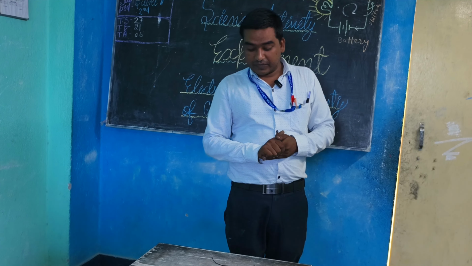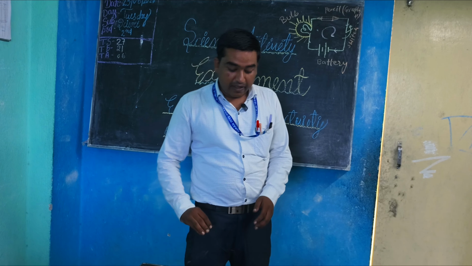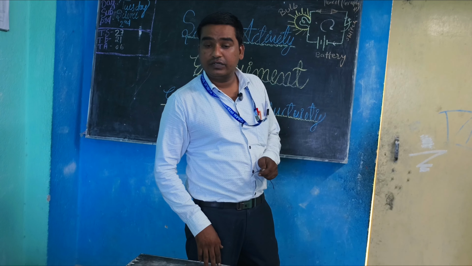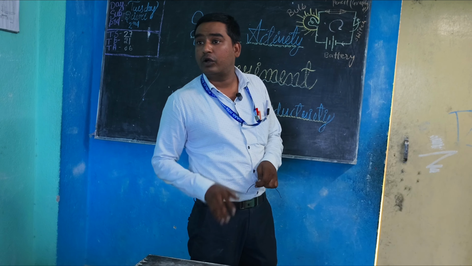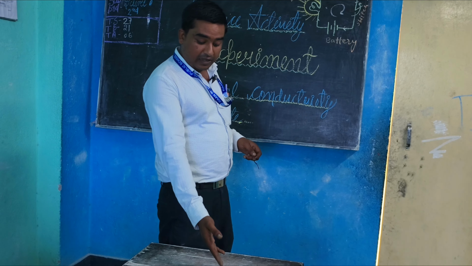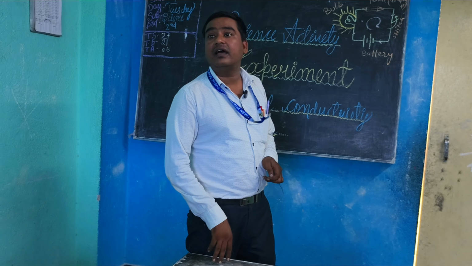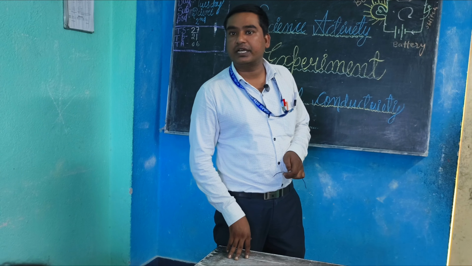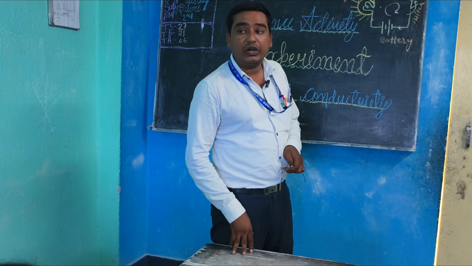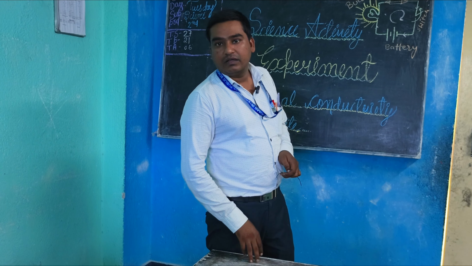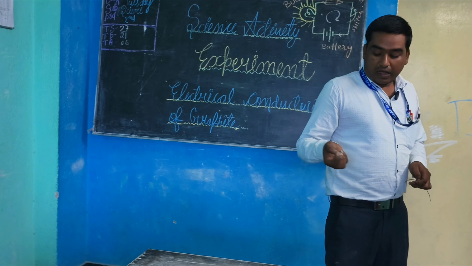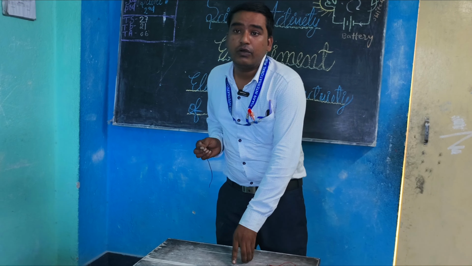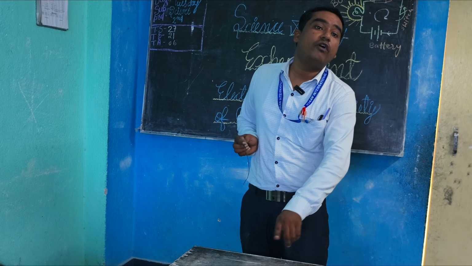Now we will see how this can conduct electricity. We have some electrical components: a battery of 9 volt, some electrical wire to connect the components, and an LED bulb which indicates the closed circuit. That means electricity is passing through the circuit, and one graphite rod in the form of a pencil, because a pencil has a graphite rod. When we connect this electric circuit, then this bulb will glow, and this indicates the flow of electricity